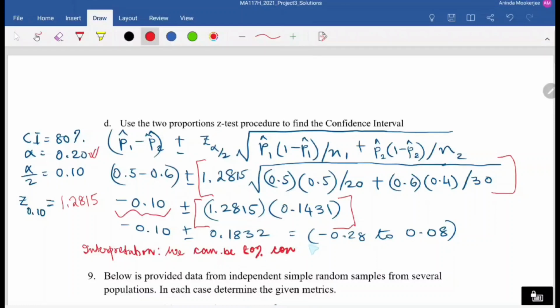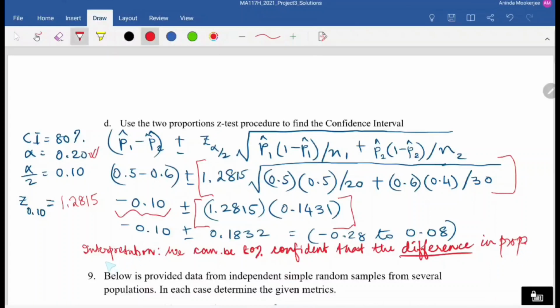Now, if you're writing at the, that's fine, but make sure you're writing at the 80% confidence level, or using the 80% confidence interval, something like that. All right, make sure it makes sense. Otherwise, just say we can be 80% confident, or we are 80% confident that the difference, we are comparing two proportions, so you have to use the word difference,